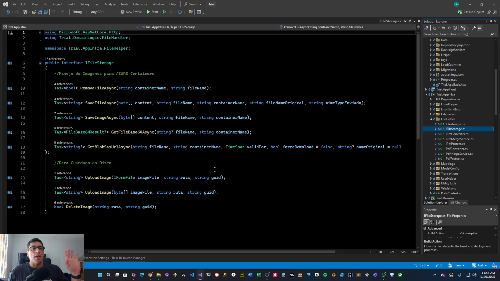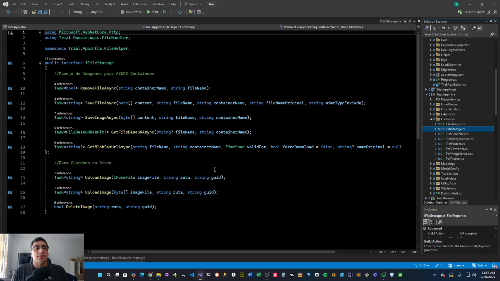And over here I put all the methods to handle creating an image, creating a file, removing an image, or you can get a file. And get a file in base64, or just get a blob using